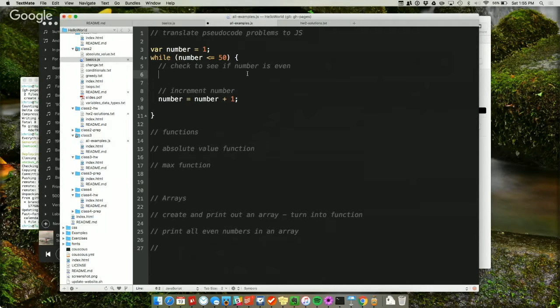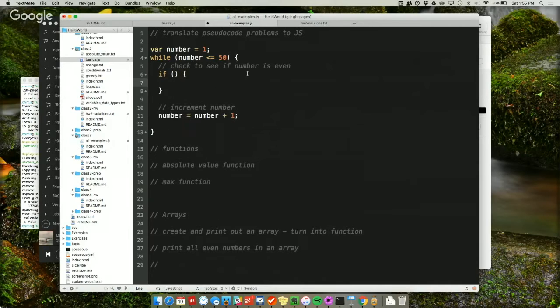Okay, so my if statement here, I need if something is true. I want to print my number. In JavaScript, we print by saying console.log number. What do I do for my check? If the number is even, I'm only printing if number modulo 2